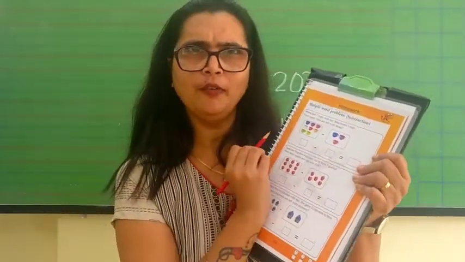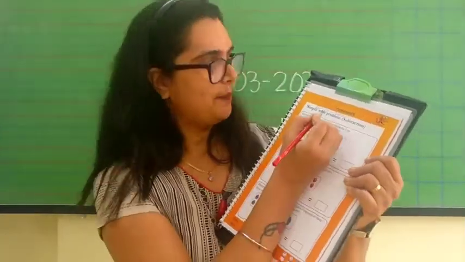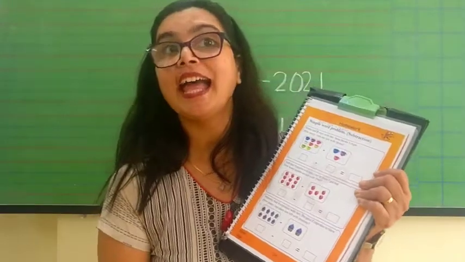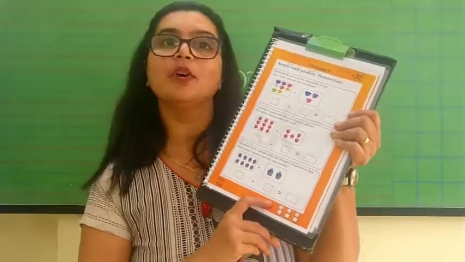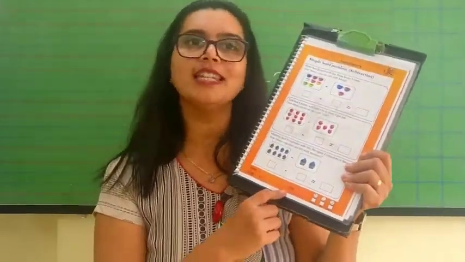So children, now we know that Mona had 8 cups. So you are going to write 8 over here first. Yes, and now you are going to solve this word problem of subtraction. Tell your mommy and papa to click a photo of the worksheet and then you are going to send it to me.